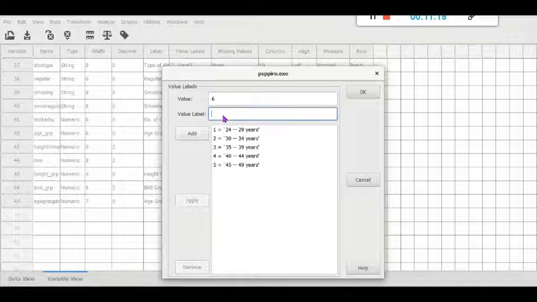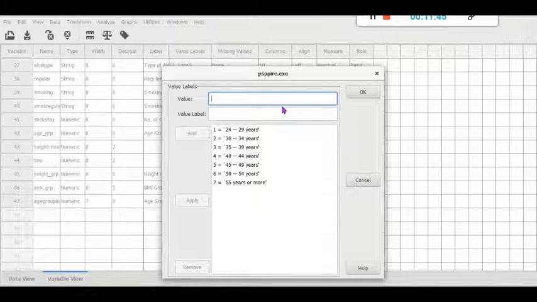Sixth value was 50 up to 54 years. And seventh value is 55 years or more. Add.